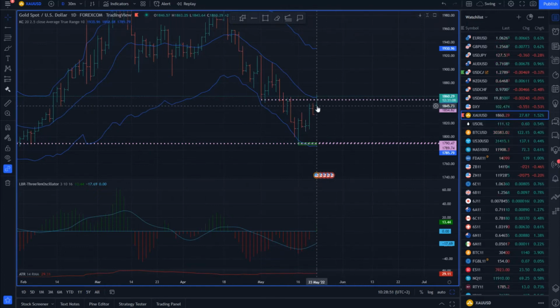If the market can reject from here on gold, then we can think about taking this inside low at 1832. If the market can close above this 20-day moving average, and if we see no signs of weakness on the intraday frames, then the market can even try to look for 1886, the 1890 level.